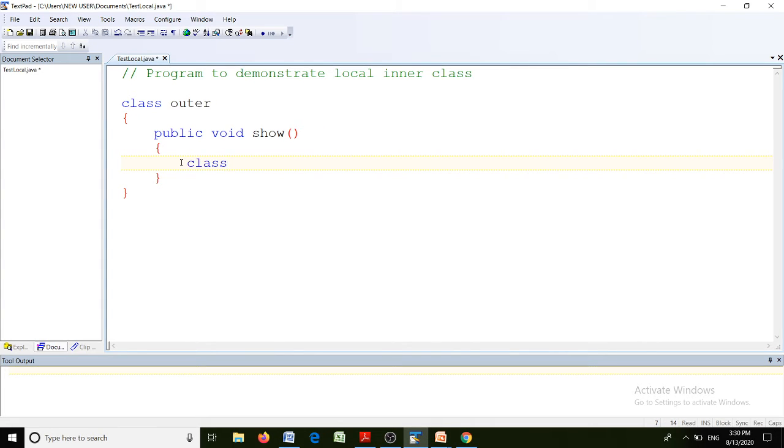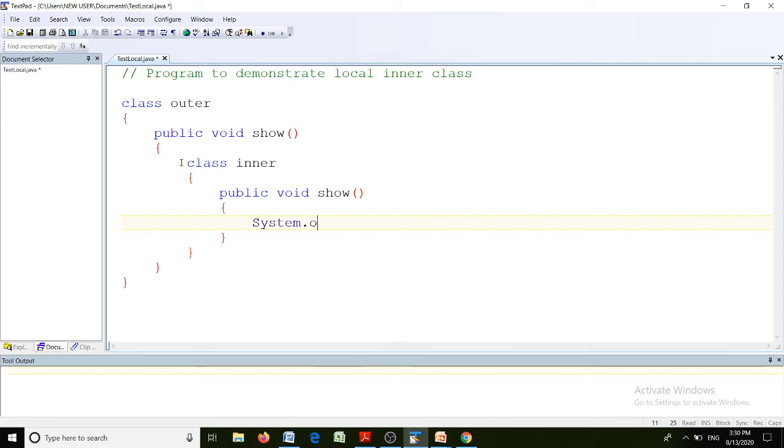Class inner. Again, this inner class has one method, public void show. There are two show methods. One show method is of the outer class and the inner class is also having the show method.